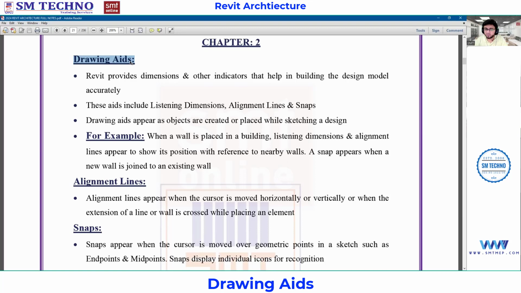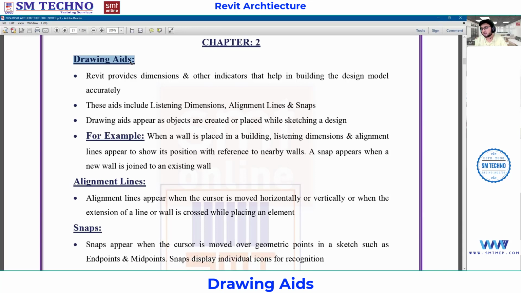So whenever we work with any software, drafting software or the drawing software, we are going to provide some basic settings. Like I purchased a mobile phone or you purchased a new laptop or a computer. So what you are going to do, you are going to provide some basic settings like your region, your location, your theme, your wallpaper. You're going to provide your sign-in ID. You will go with some basic updates, right? So same like that here also, when you install your Revit for the first time, you are going to provide